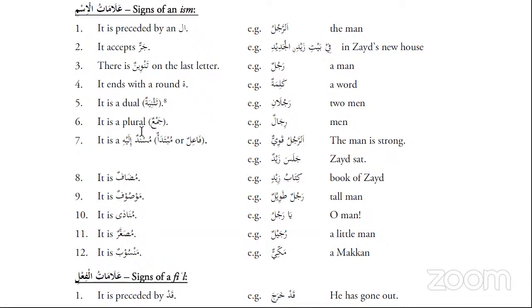So it has jar, we said, right? Yep. So that's why I had put fi. Fi is harf jar. And what was the other thing? It will have a genitive. Yes, the noun is in the genitive case. So again, it's the two things: harf jar or genitive case. That's what I was saying. Jar means the noun; the harf jar is the particle which makes the noun be in the genitive case. Genitive case is the state.